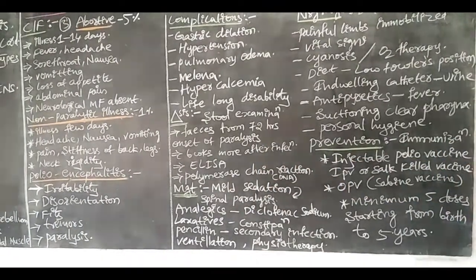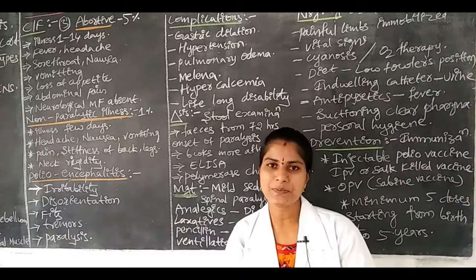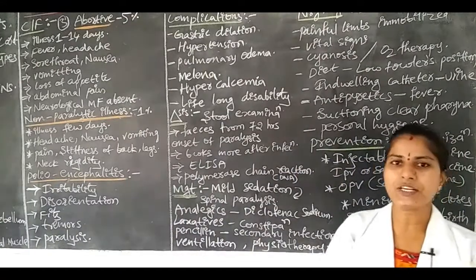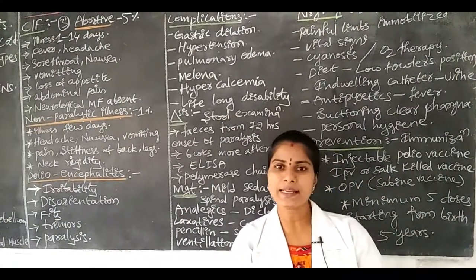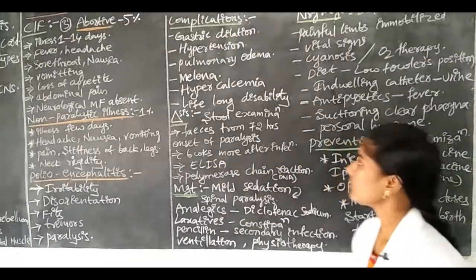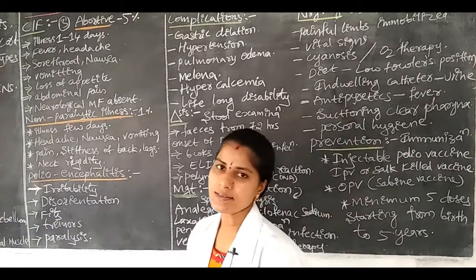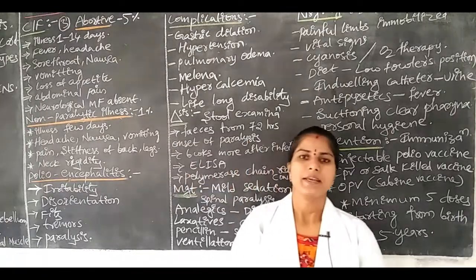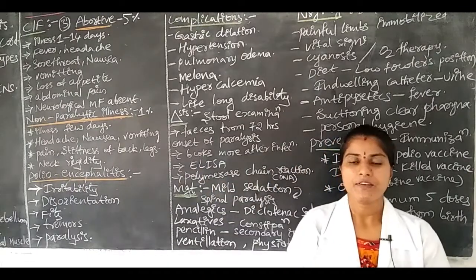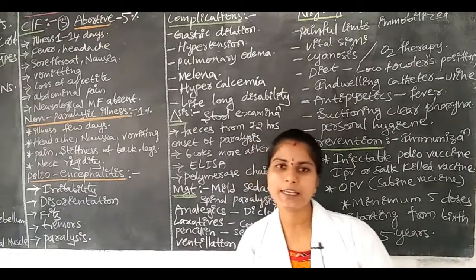Okay, next, as a nurse we have to check the vital signs: temperature, pulse, respiration, blood pressure. Why? Because the children can have a complication like hypertension, no? Okay, for knowing it in the early stage we have to check the vital signs. Next, if the children are having cyanosis, the bluish discoloration of the body, immediately, this is a signal of decreased oxygen in the body. For improving oxygen, we have to administer oxygen artificially.